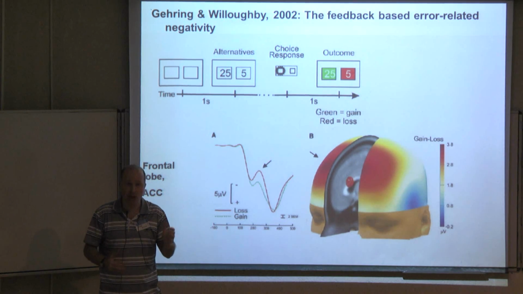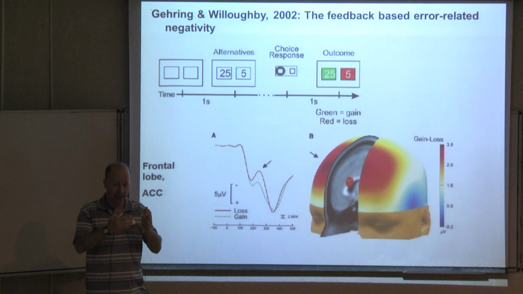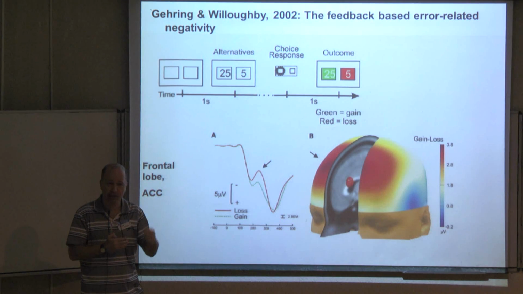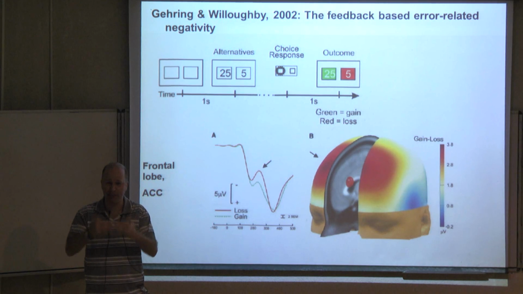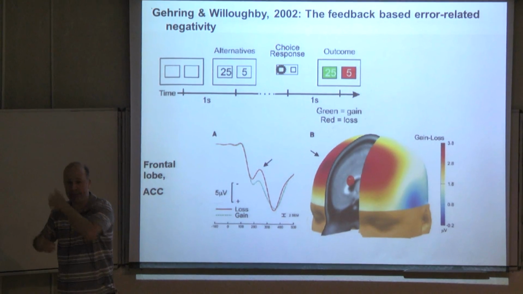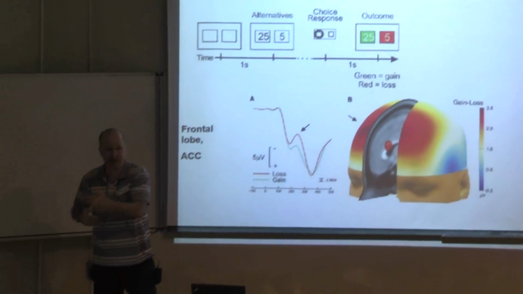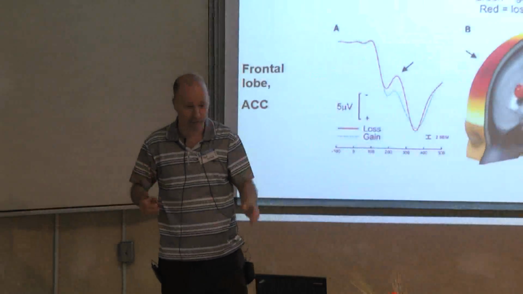And Gehring and Willoughby's explanation for this was that here is a brain activation pattern that's consistent with loss aversion, and they suggested that it actually drives loss aversion, that you have an asymmetry in the weighting of losses and gains in the frontal cortex, and these affect the later behavioral sensitivity, that we are more sensitive to losses compared to gains. But there is one problem with this explanation.